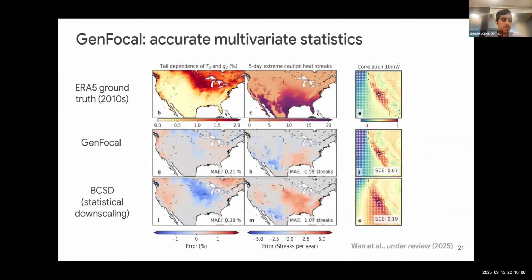So similar to the first method, we evaluated here whether GenFocal can actually capture correlations between variables in time and space. And so here I'm showing different results of this. In the first column, I'm showing the tail dependence, or correlation between extremes, of temperature and humidity over the United States in the first row from ERA5, and I'm showing the errors from GenFocal and from BCSD in the second and third row. And so we see that our method significantly reduces errors at capturing the tail dependence of